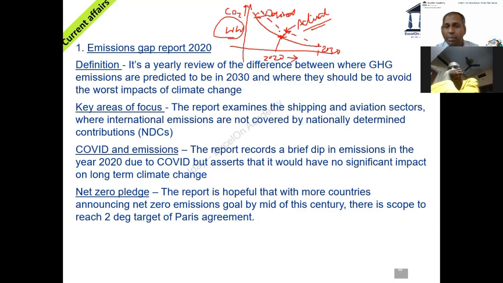Now the report also says that many countries have made what is called a net zero pledge. We will talk about this concept of net zero emission when we come to the topic of India and climate change. But more and more countries are committing to the fact that we will have net zero emission by the middle of this century, which is 2050. India is very reluctant. We will see India